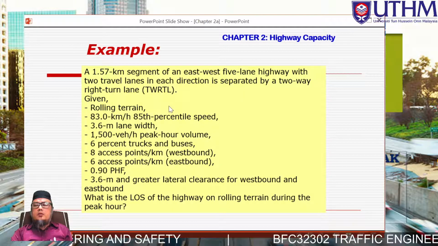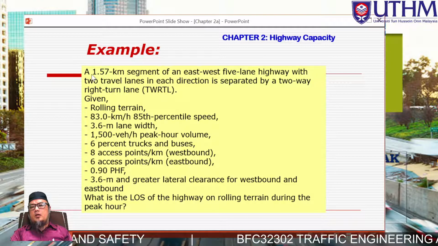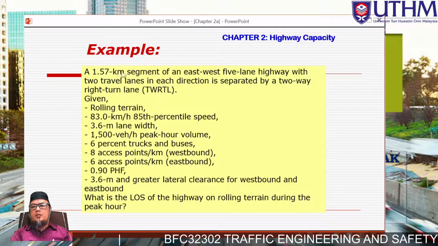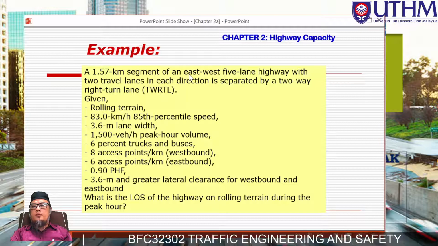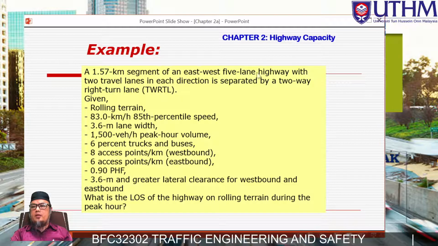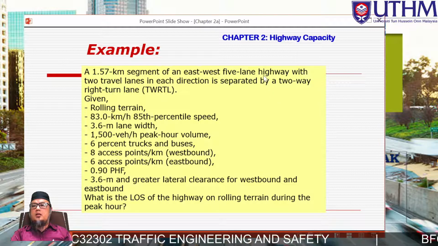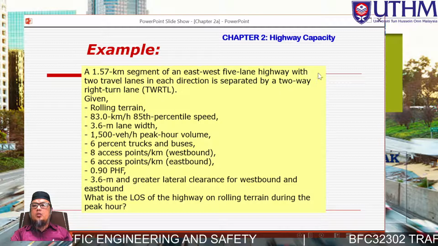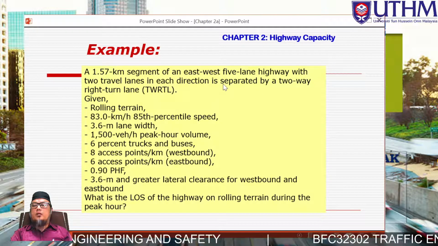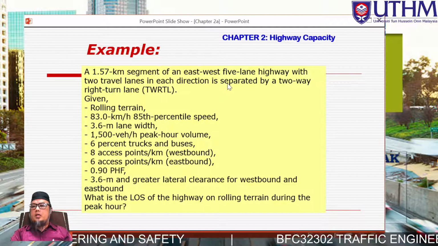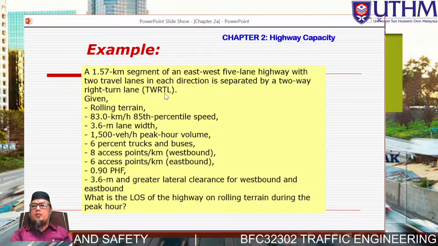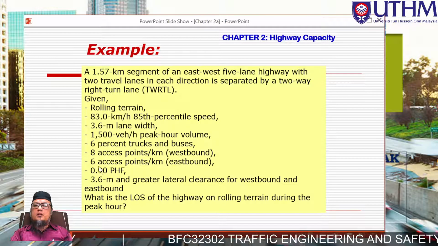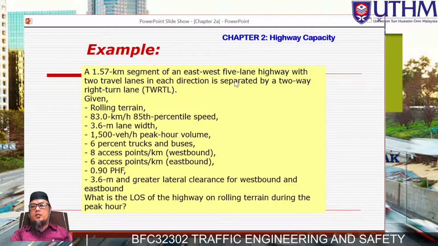Okay, let's move to this example. The statement of the example: a 1.57 kilometer segment of an east-west 5-lane highway. They have 5 lanes, not 4 lanes, but with a condition: a highway with 2 travel lanes in each direction separated by a right-turn lane. So actually they have 4 travel lanes, 2 lanes per direction, but in the middle they have a separated right-turn lane. So given the characteristics for these multilane facilities: